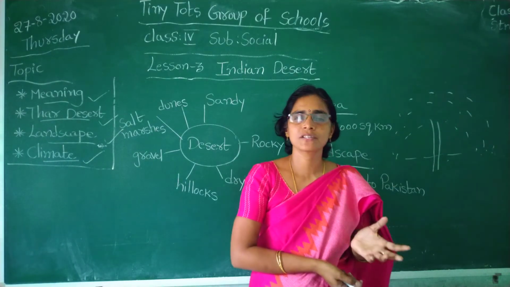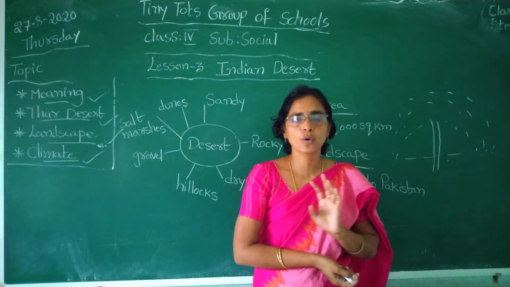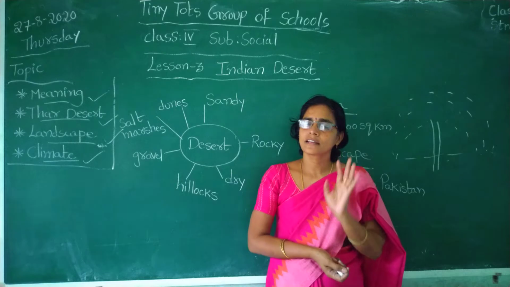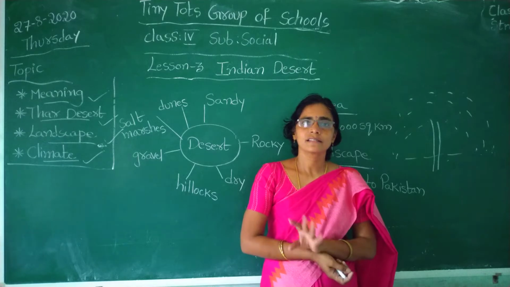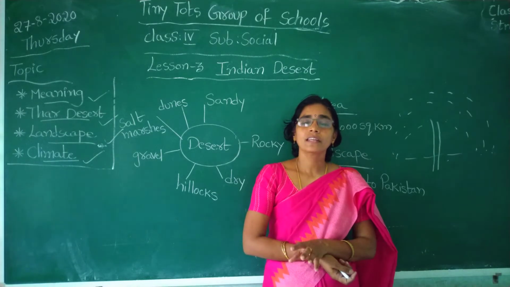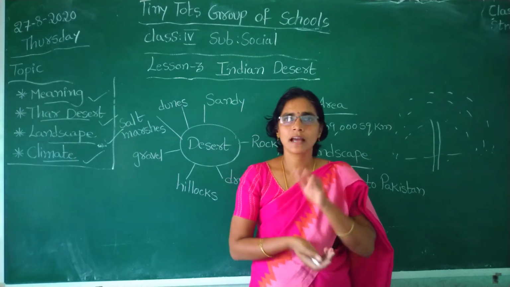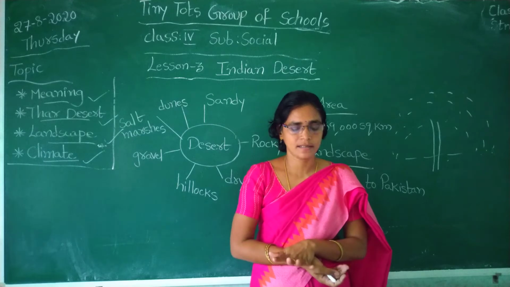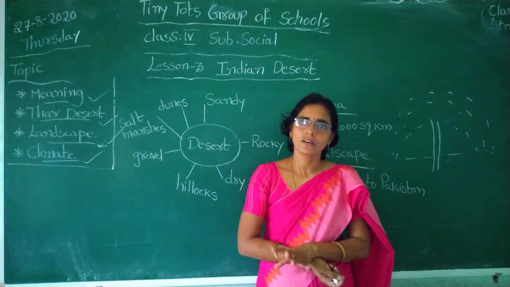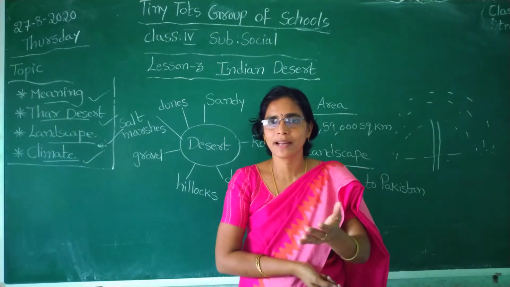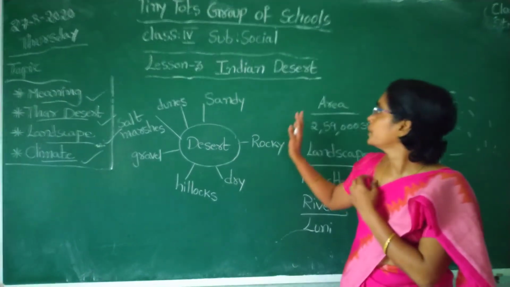This is about the climate of the Indian desert. It is very hot and dry. It does not allow trees to grow, and in summer season days are very hot and night is pleasant, and in winter season days are warm and night is cold, and very few plants are grown here. The plants are also thorny plants, thorny bushes. Examples: acacia, cacti and date palm. Okay, where can we see these plants? Near the oasis. This is about Indian desert.